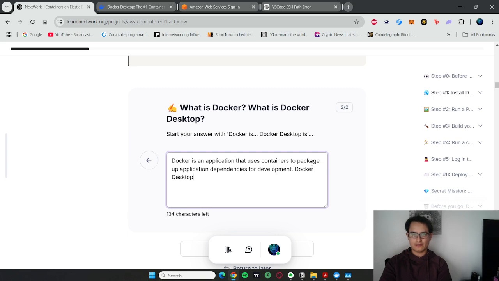Docker Desktop is another application that is a centralized platform to install, manage, delete. It's a centralized platform to manage